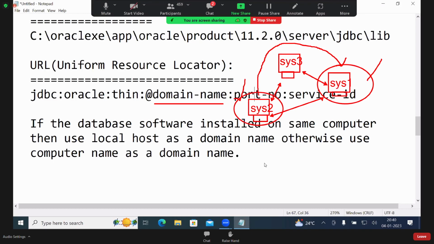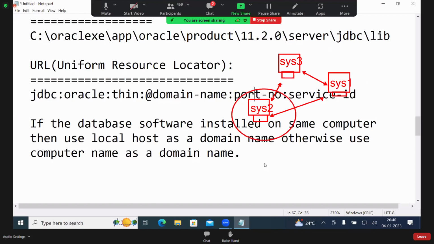If the database is installed on the same computer, suppose the database is here only and the Java program is also here only, then what do you write? Localhost. The Java program is in system 2 only and the database is also in system 2 only. Then what do you write here? Localhost. And even you can write system 2 also. System 2 is also okay. Then this system connects to this system's database only. That's it.